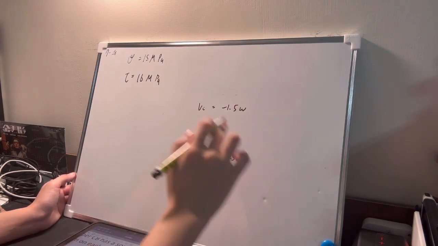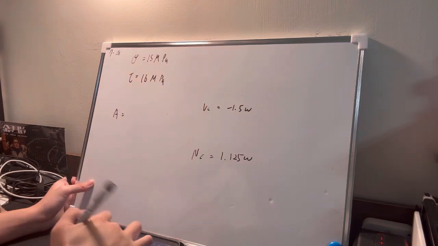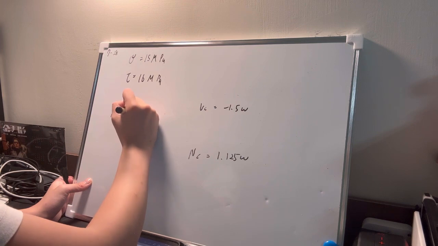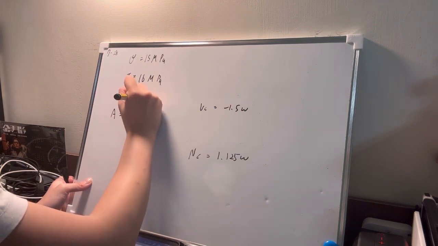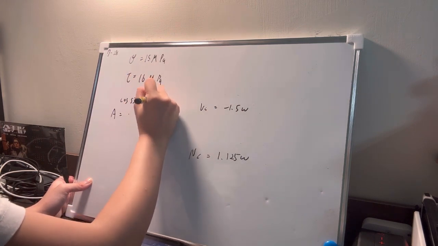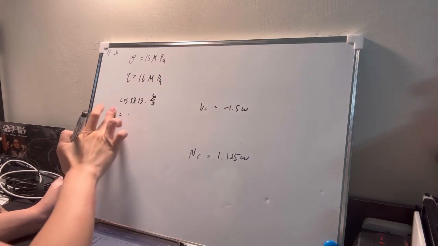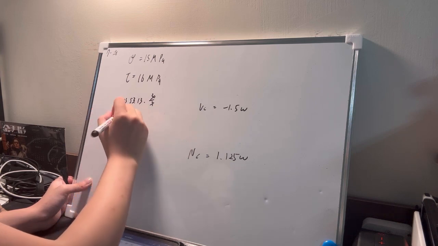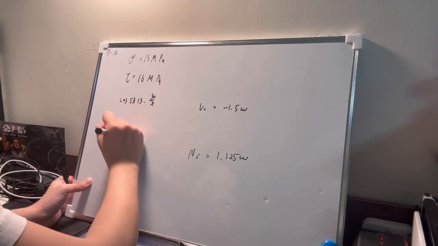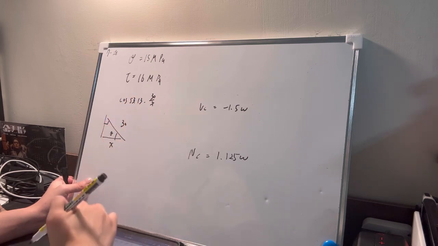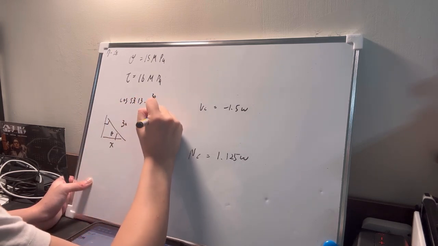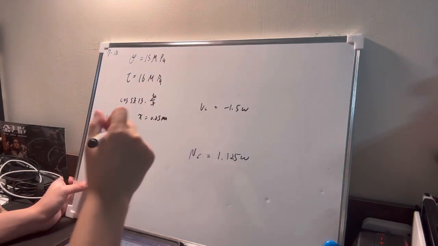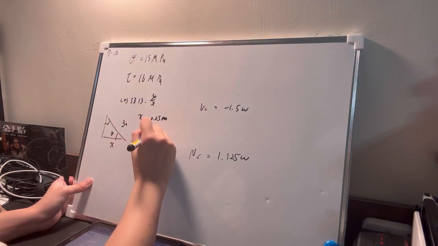We use this too. And A here is the area. And if cosine times 33, we draw the picture like this, 30, and it's x. So we know the x is equal to m. And the length is also given, so we can know the area is equal to